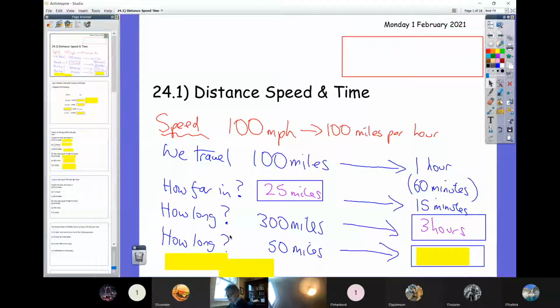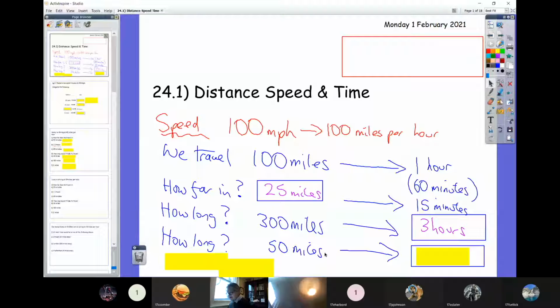Okay, and then how long would it take you to go 50 miles? Well, it's half of 100 miles. It's going to be half of 1 hour. So that's going to be half an hour, 30 minutes. Okay, so that's all I want us doing today, is just appreciating that speed is just a function of distance